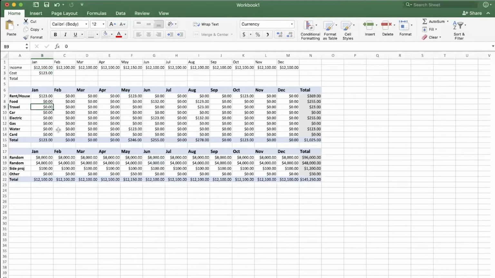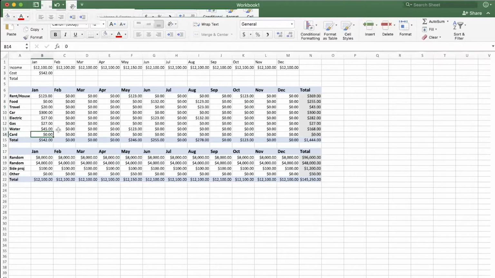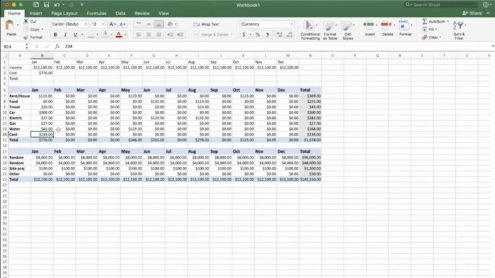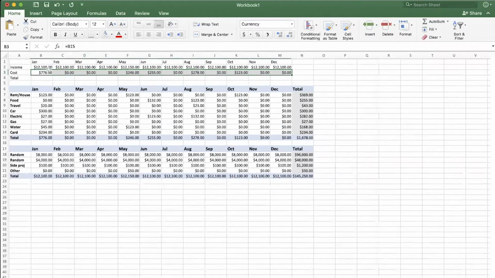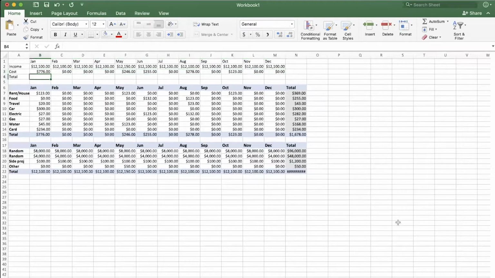And if I adjust this, so for travel, I'll put in $20 of gas and I don't know, let's say $300 car payment and $27 here. You can see it's going up, just putting in random numbers at this point. You can see it going up as it works through the numbers. And it's adjusting as well up here. So now I'll drag this all the way across. There we go. So the cost is spread all the way across and all the formulas go across, and you can see the numbers are different. And then for the total, this will actually be a subtraction.